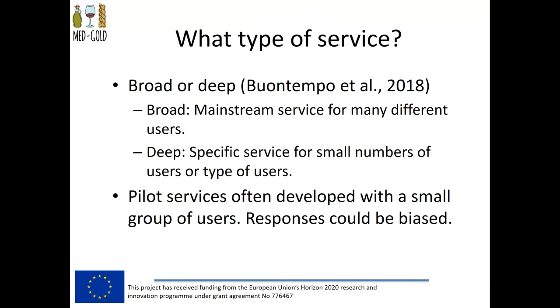And it's also important to remember, we certainly found this in the Met Office in some instances, the pilot service is naturally developed with a smaller number of users than perhaps the ultimate number you'd like to reach. And sometimes the response from that small group can be biased and perhaps doesn't necessarily represent the wider pool of users you want to get to. So that's something to think about when upscaling the service to a much bigger number of users. The pilot group may not necessarily represent the much wider potential users you might want to access and assist. Next slide, please.